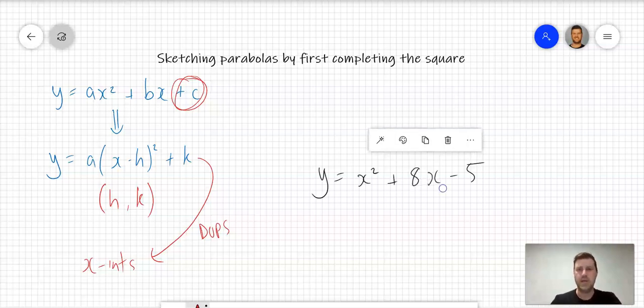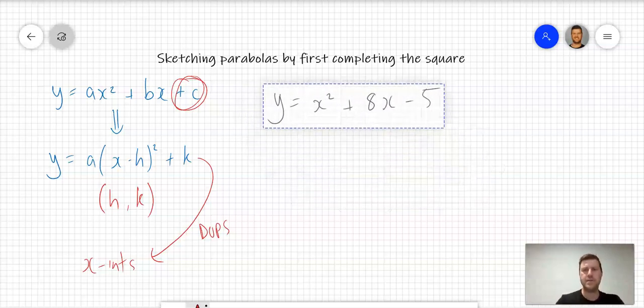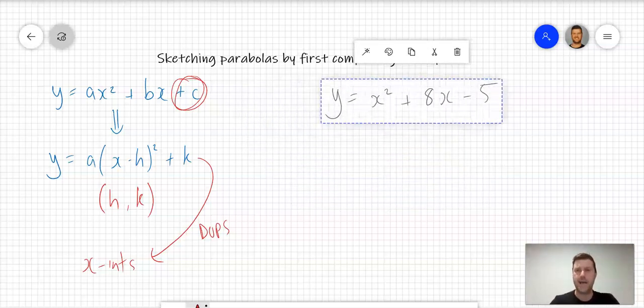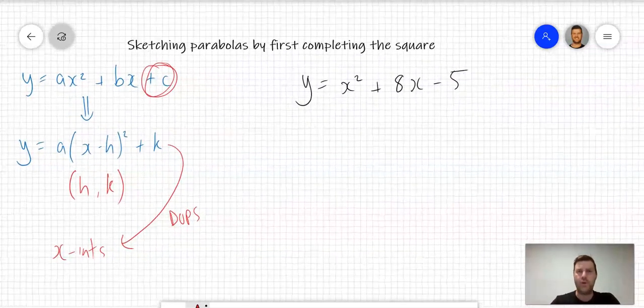There it is. So let's move that up a bit. But y equals x squared plus 8x take 8. Now remember, in order to complete the square, we need to add the value of b